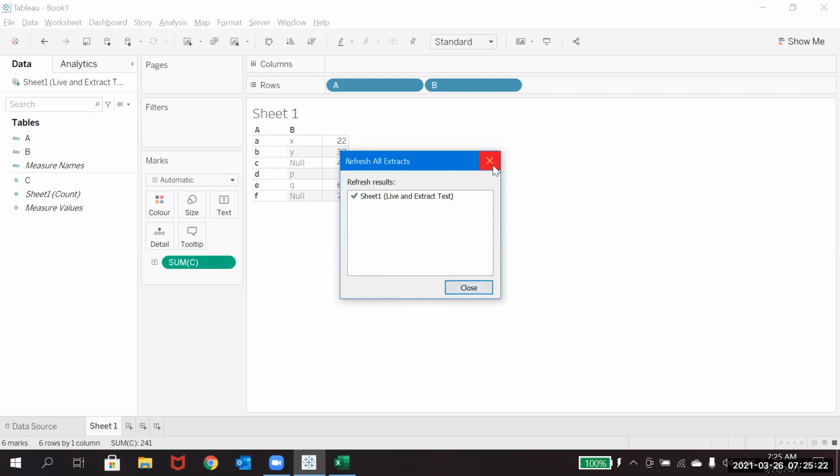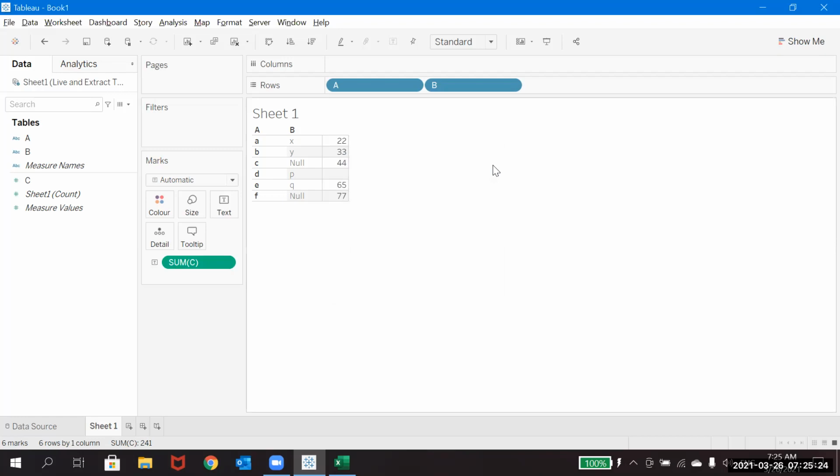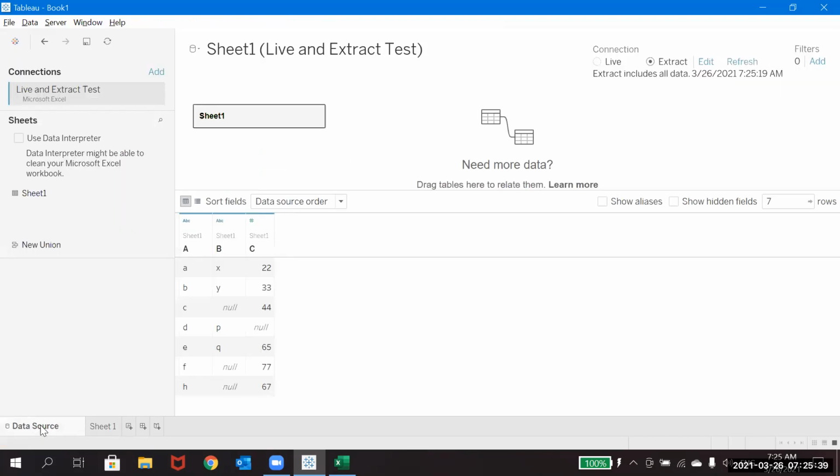Even if you see here, the row we have added is not coming up here. Because if you go to the data set and refresh, then it will come, since you did an incremental refresh.